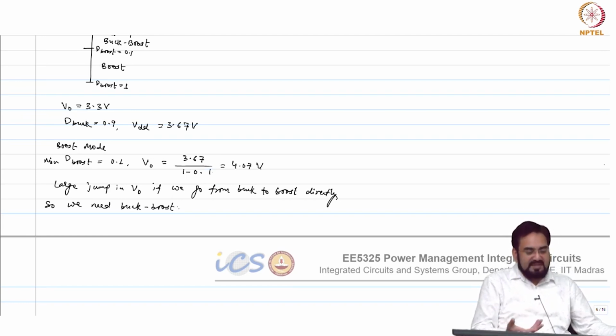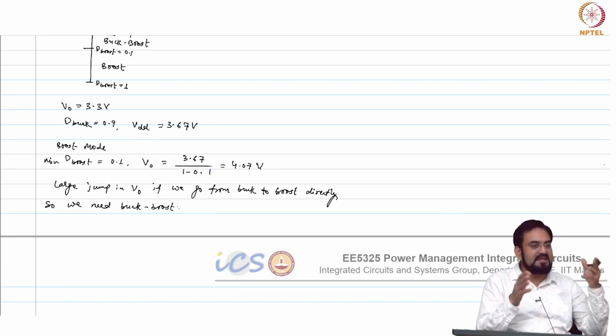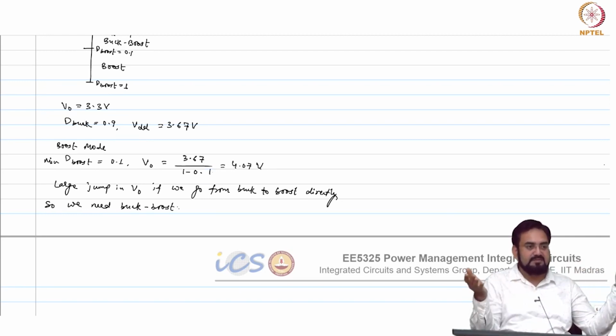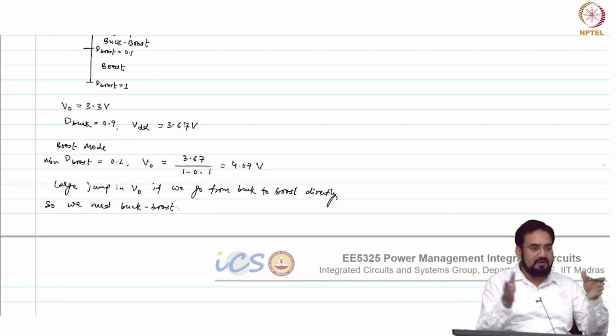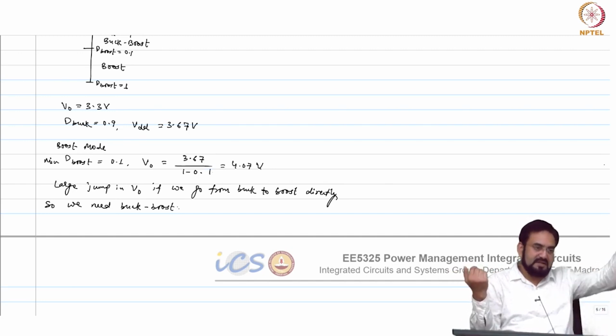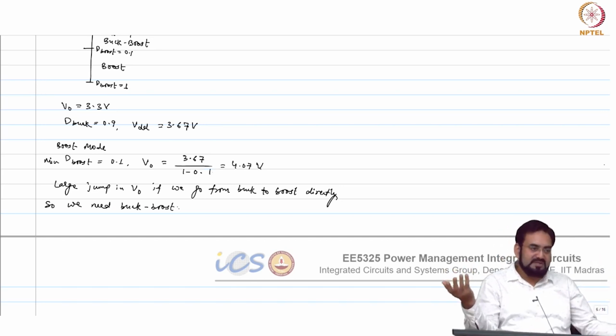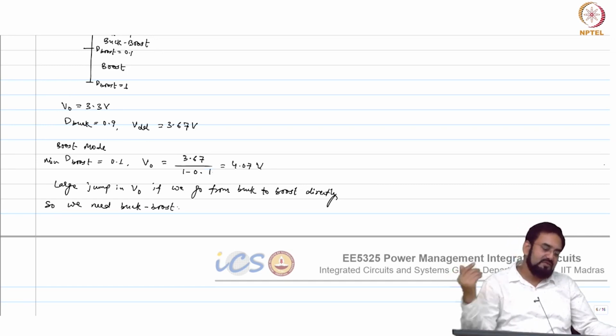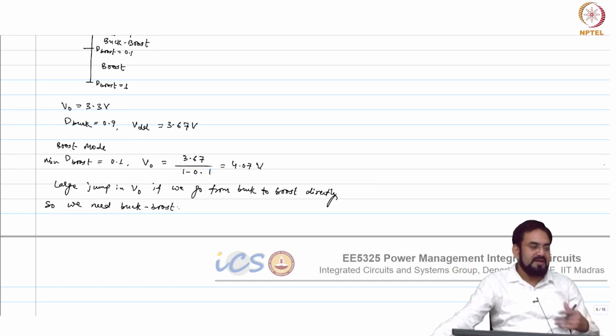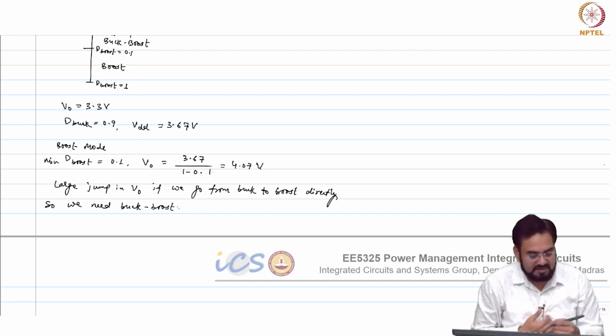So this is the main reason to have a buck boost mode in between, because the buck boost region is basically more like a dead zone for buck and boost. So you cannot regulate the output in between that region because of the limited or max or min duty cycle, because your duty cycles are saturated. One is saturated on the higher side, the other is on the lower side. So buck and boost cannot do anything. So you have to operate in buck boost.